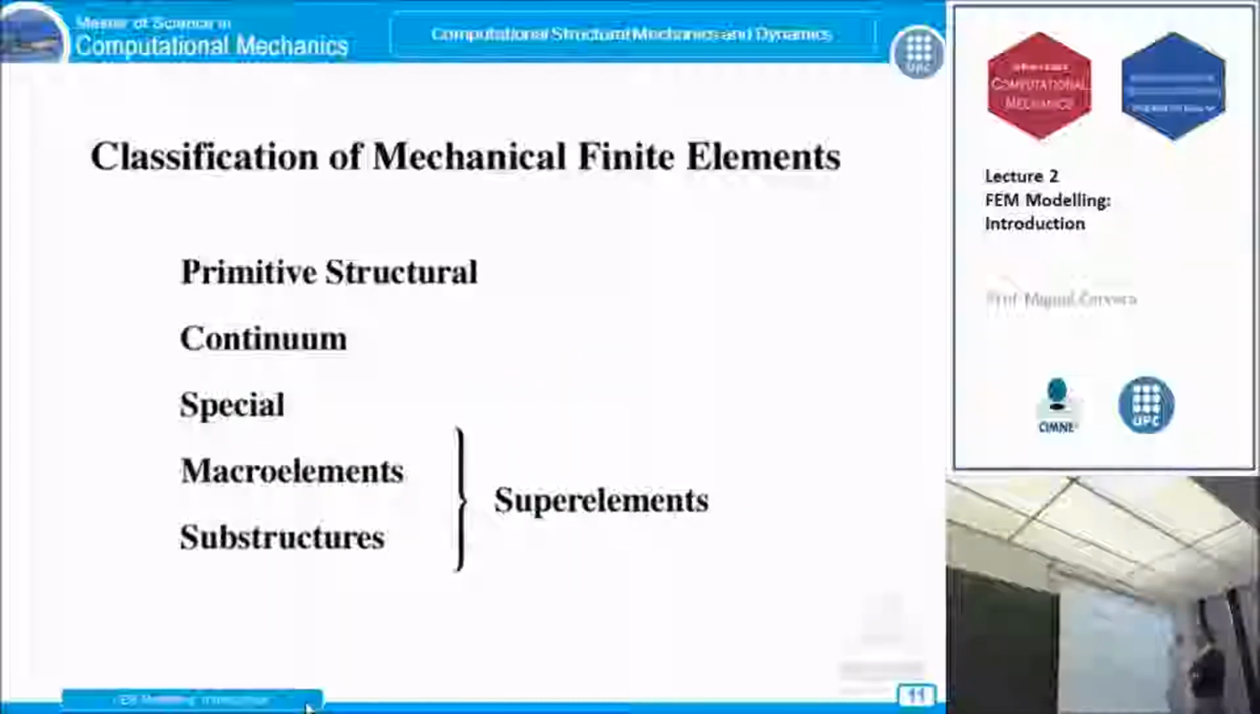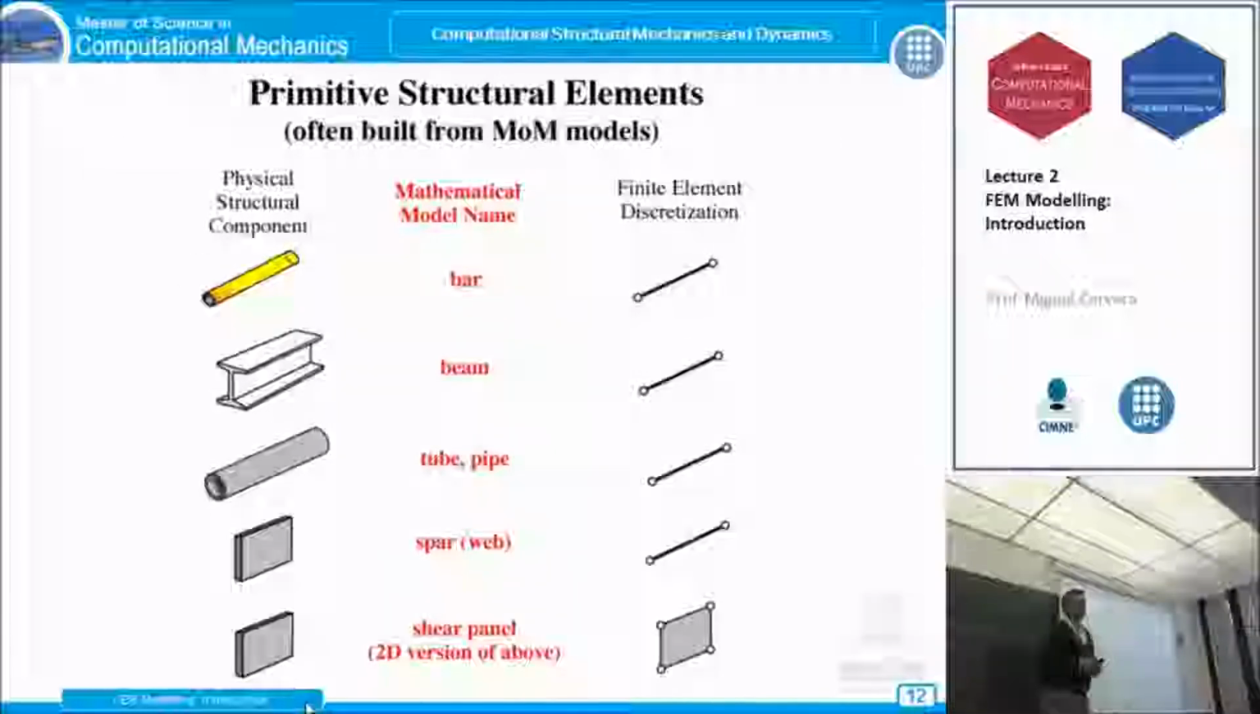Now, mechanical finite elements, as everything else, can be classified. Now, let's attempt a rough classification. Some of them are primitive, some of them are continuum elements, and then we have special macro elements and substructure. Macro elements and substructure are, well, more or less the same thing, as you will see. Now, what do we mean by primitive structural? By primitive structural finite elements, I mean elements